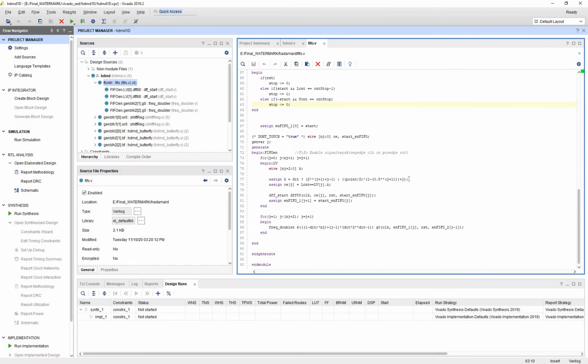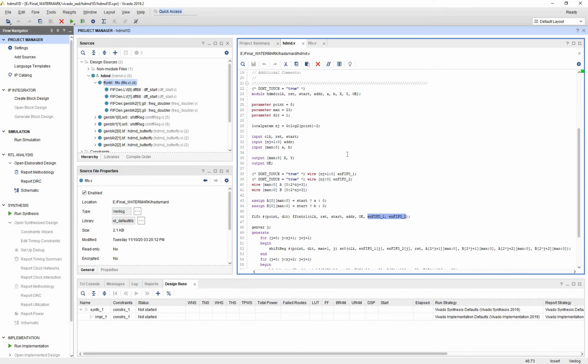These signals will be generated using the nFIFO signal based on the count of k. This DIT and DIF structure will differ in the left and right signals. So if DIT is 0, it will generate a DIF structure. If DIT is 1, it will generate a DIT structure. Once the nFIFO signals are generated, then we need to say which butterfly has to read the A or B signal, that means output 1 or output 2. For this, the frequency doublers are used, which will generate the enable signal for the butterfly.